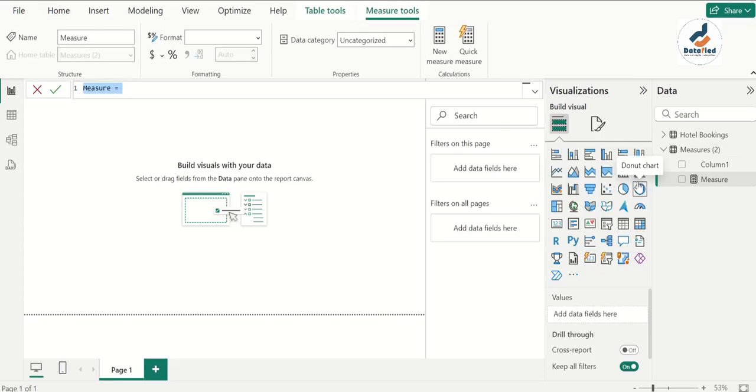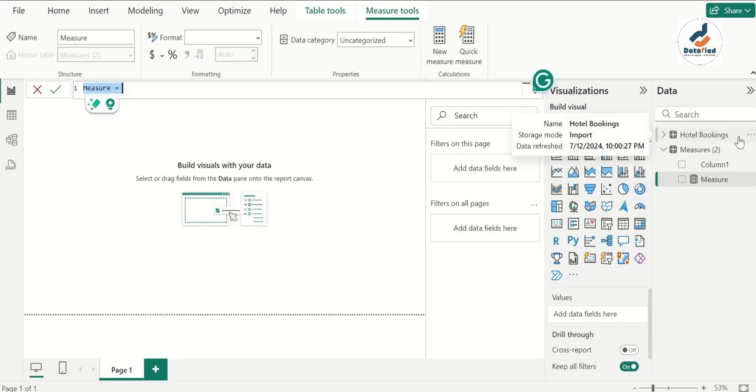Imagine I want to see the total hotel bookings. It's important that you name your measures with descriptive names, so that when you see them, you know what is going on. So I can say total underscore bookings, so that we don't use spaces when writing measures here. So total_bookings is equal to